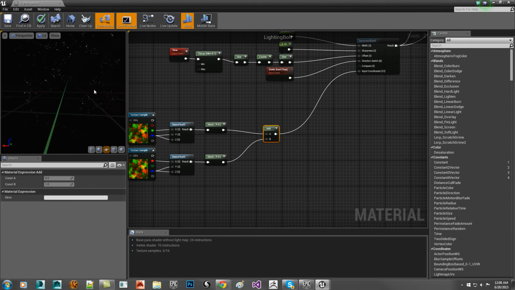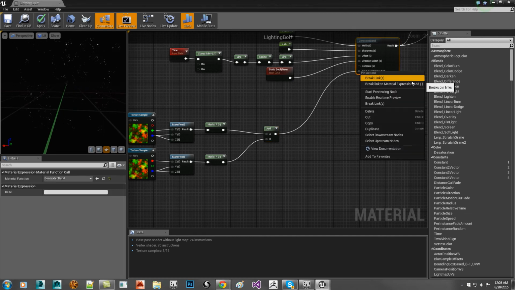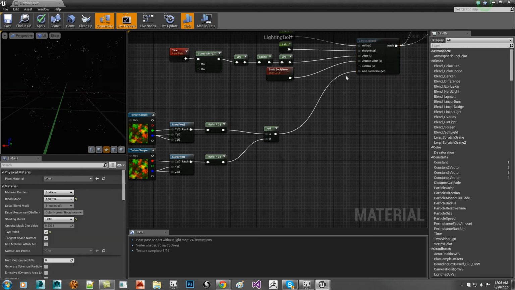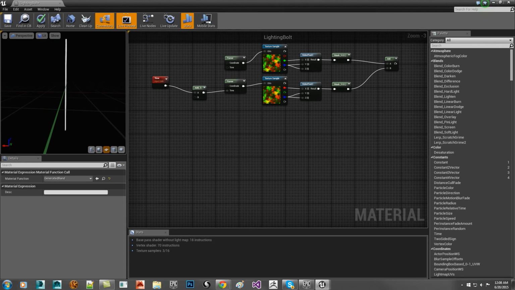I'm expecting a disaster. While that is a cool effect, that's not what we were hoping for. So let's disconnect